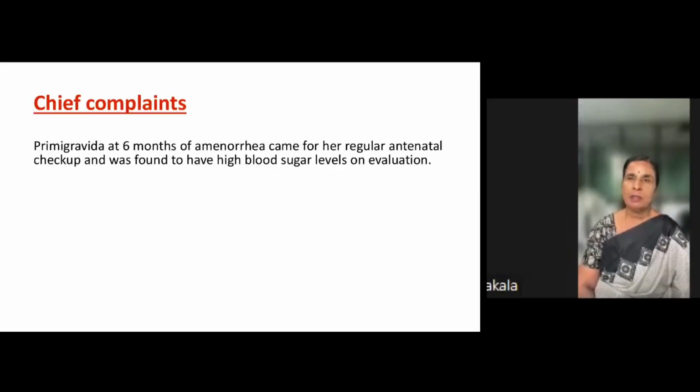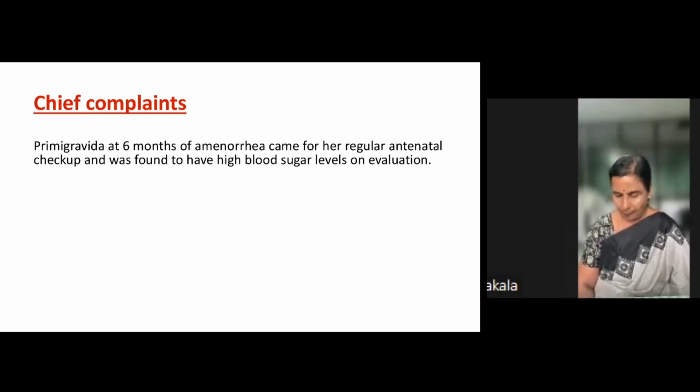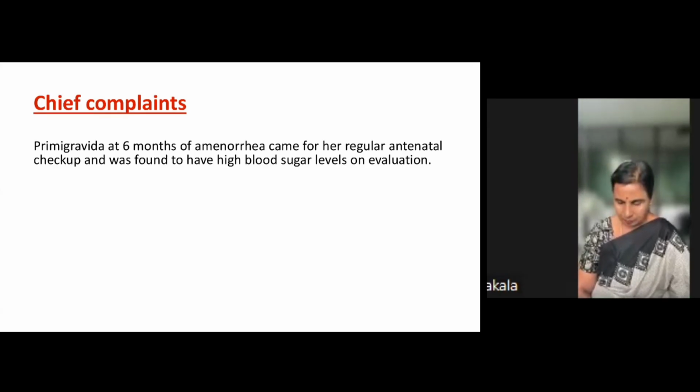So the two-step procedure, and also the tolerance test. Can you enumerate the other tests? Sure. The OGCT test, according to ACOG: 50 grams of glucose in 300 ml of water, and we check the 1 hour PPBS. If it's more than 140 milligrams per deciliter, then we go for the second step, that is